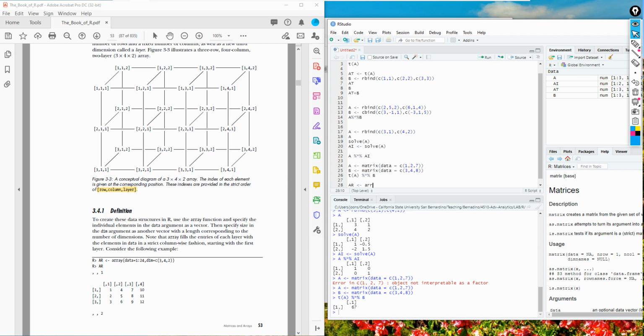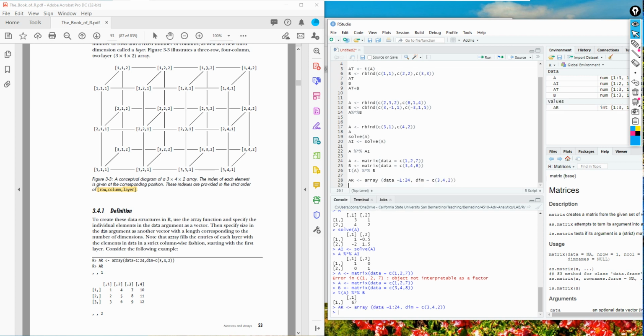The data is 1 through 24, and for the dimension we use a vector, 3, 4, 2. That's the dimension of this array. Let's run it and then print AR.